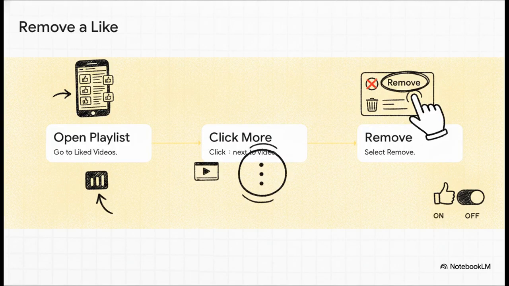But look, we're all human, right? You're furiously scrolling on your phone and, whoops, you accidentally bumped the like button on a video you definitely didn't mean to save. It happens to literally everyone. If you need to undo that little mistake, the steps are super simple. Just open up that liked videos playlist, click the more icon, those 3 little vertical dots next to the video, and select remove from liked videos. Or honestly, an even easier way, if you're still watching the video on its main page, just tap that highlighted thumbs up button one more time and it seamlessly toggles right off. Easy peasy.